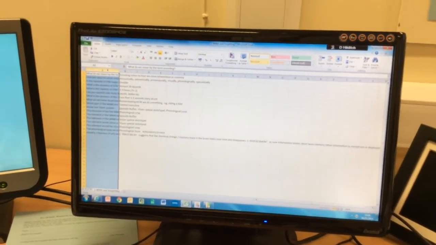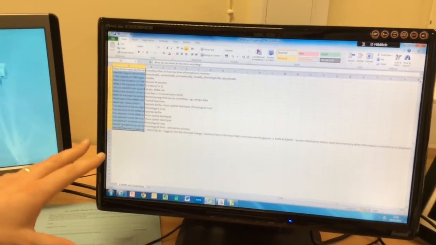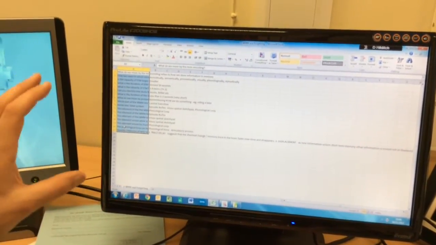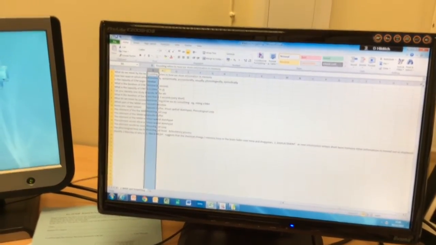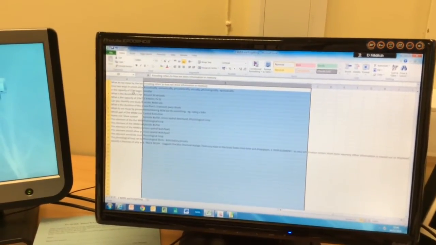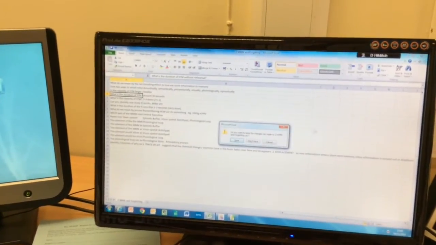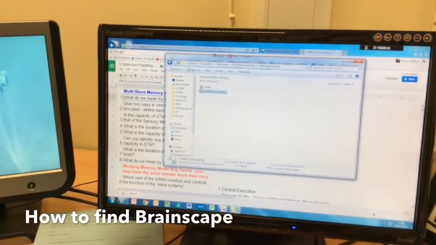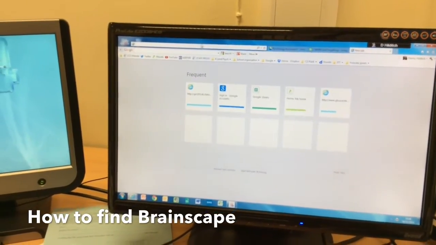So the first column is the 17 knowledge questions. I haven't put on here the higher order questions, just the knowledge questions. And down here in this column is the answers. So that's actually one column. All of the answers to those questions are in the second column, and that's it, just two very simple columns. And then what you do is you go to Brainscape,